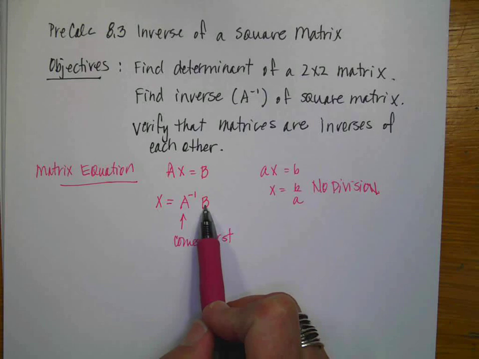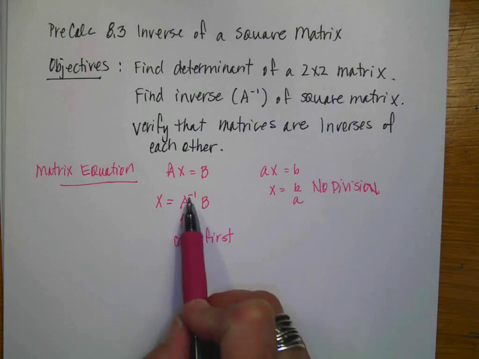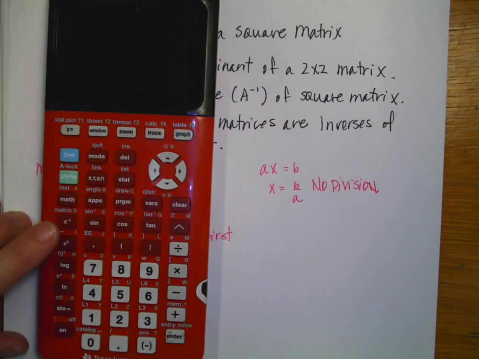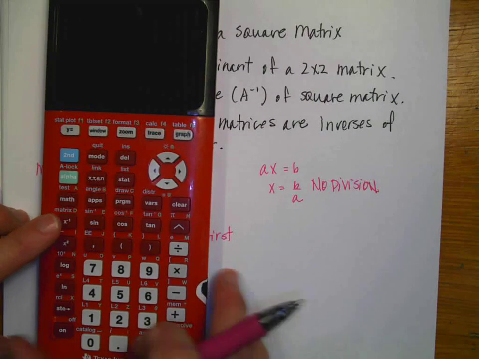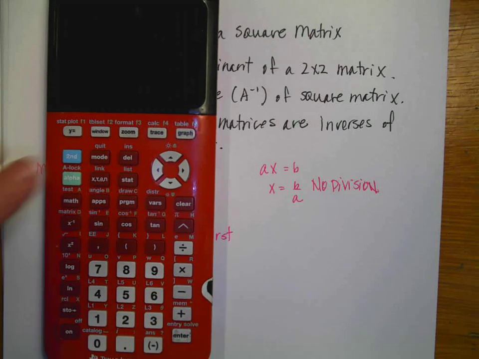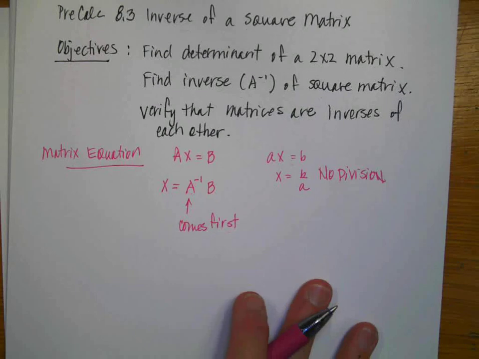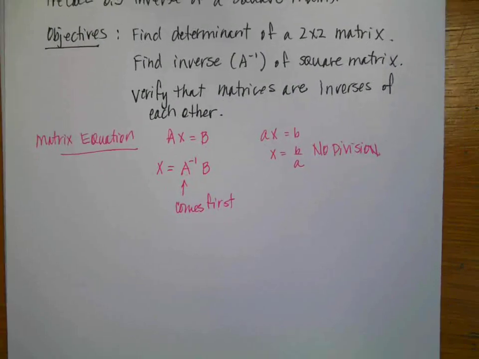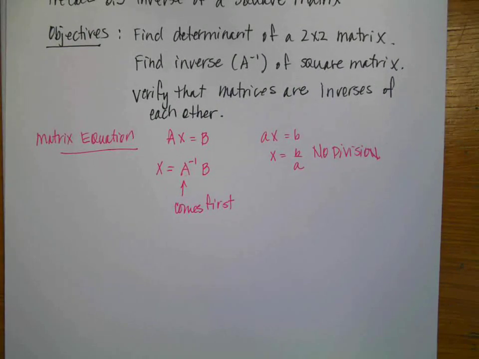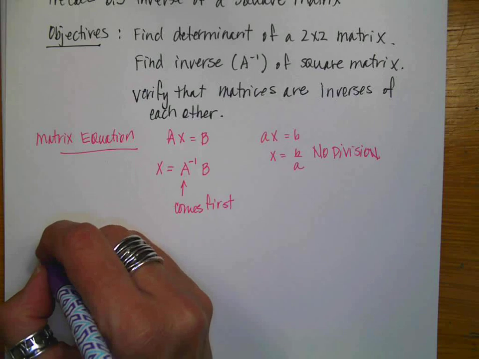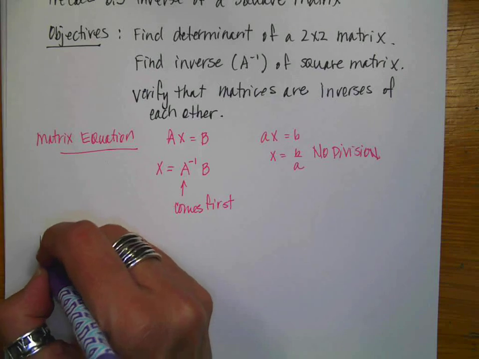So if you're solving a matrix equation in your calculator, there's an inverse button on your calculator. It's this cute little button right here, raise something to the -1, that's the inverse button. So I can actually do the work in my calculator, but I need to be able to do it by hand because some matrices aren't able to go into a calculator, especially if they include variables. So if I want to calculate the inverse